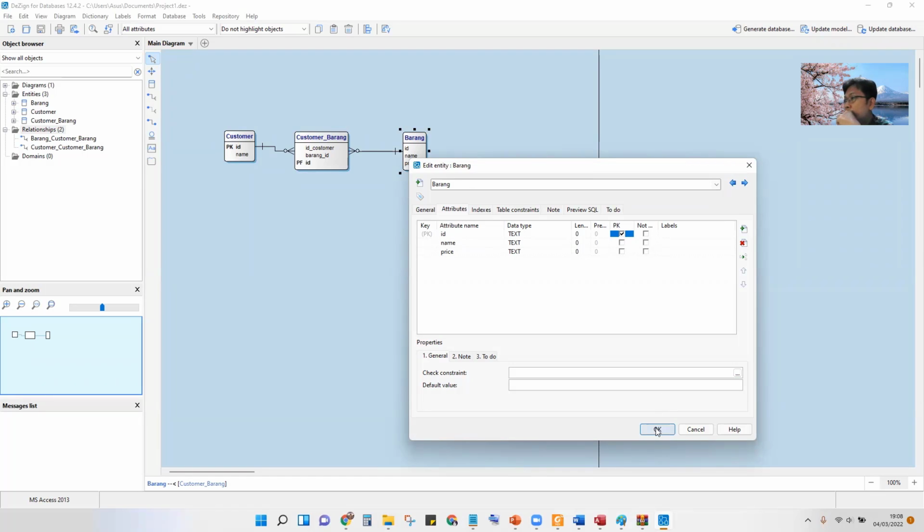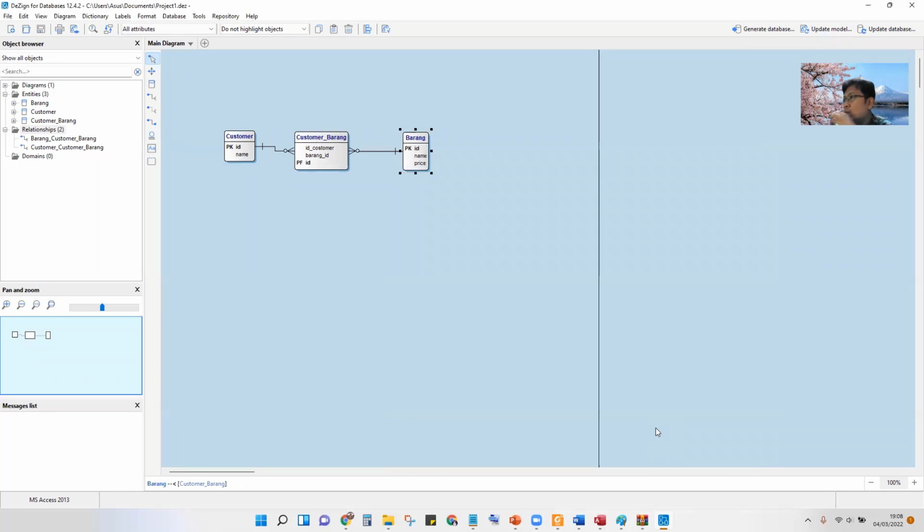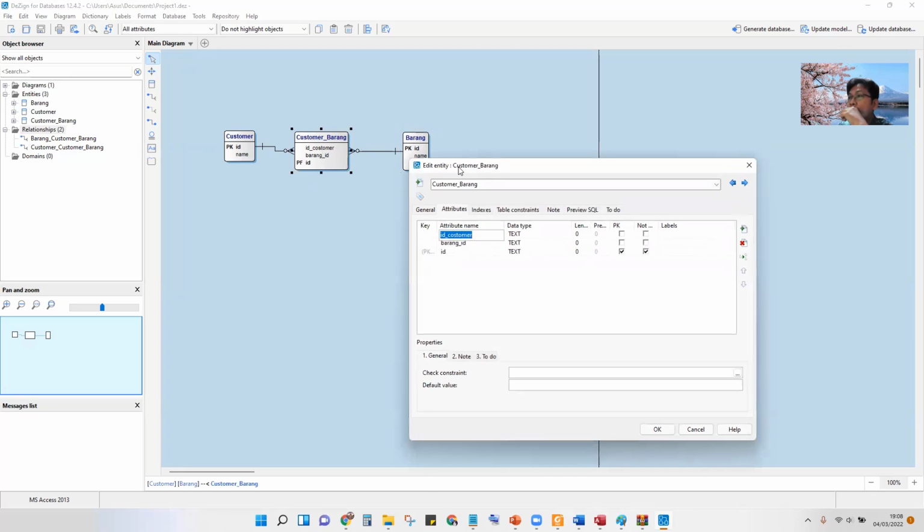Primary key means some attribute that must be different from another record. For example, for student ID, of course, for the student data table, we have to choose the ID because maybe there is the same name from one student to another, but there must be a different ID for every student. And this for customer.